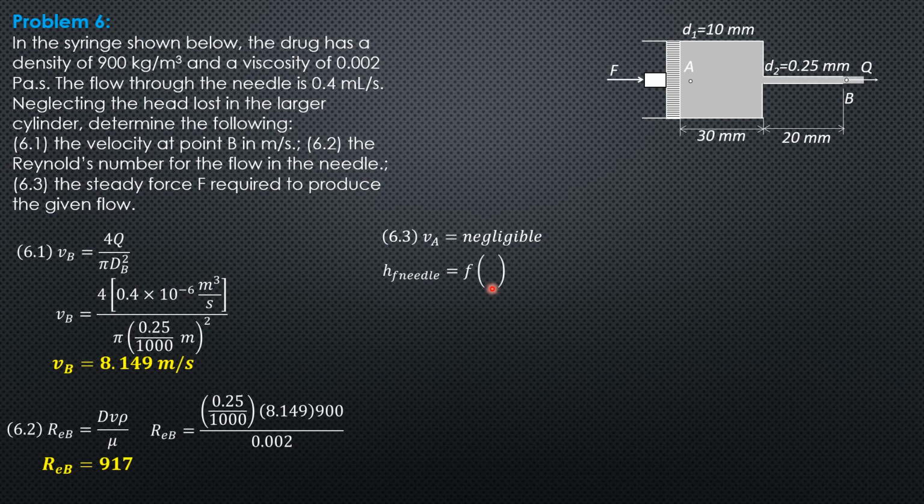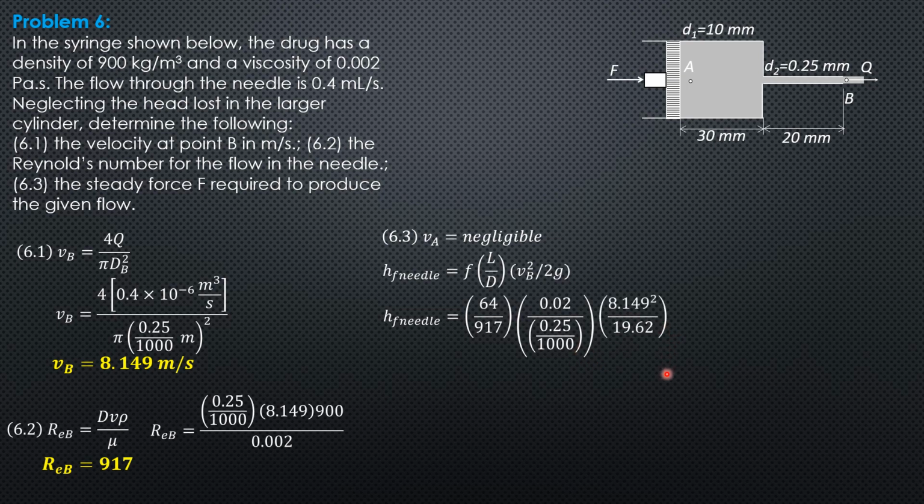Then HF in the needle is friction factor times L over D times velocity head in the needle. So friction factor for laminar flow is 64 over Reynolds number. Length is 0.02 meter divided by diameter 0.25 over 1000. Then 8.149 squared over 19.62. So the head loss in the needle is equal to 18.9 meters, which is also the head loss from A